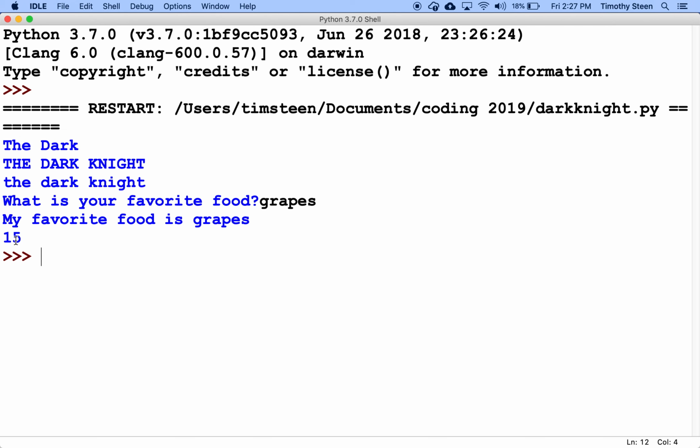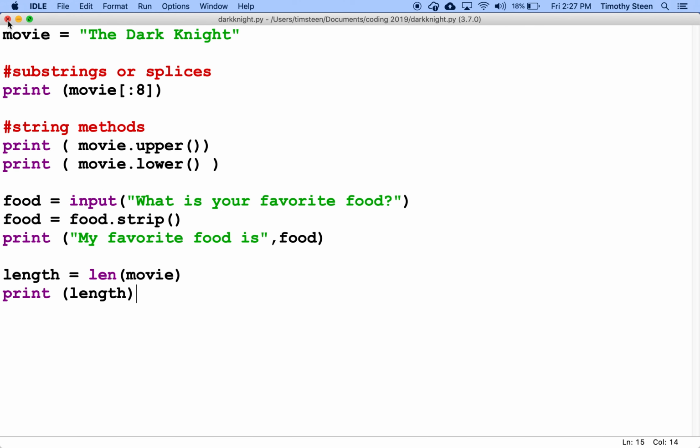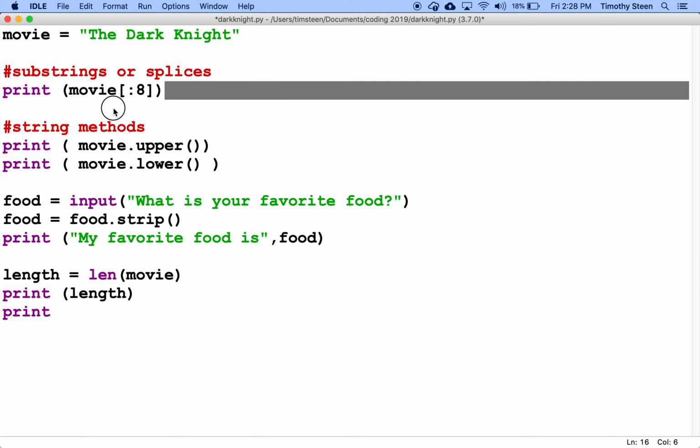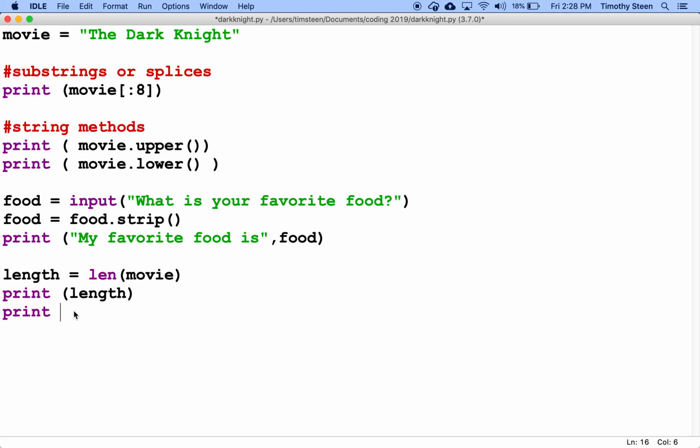All right, 15 characters in the Dark Knight. Now, one thing that's interesting about that is I like to use that because then I like to say, okay, I want to print the last character of movie. So I'm going to go up here to this substring idea for a minute. And I want to say, okay, I want to print movie 15, because it just told me that that was the last character. And when I run it,